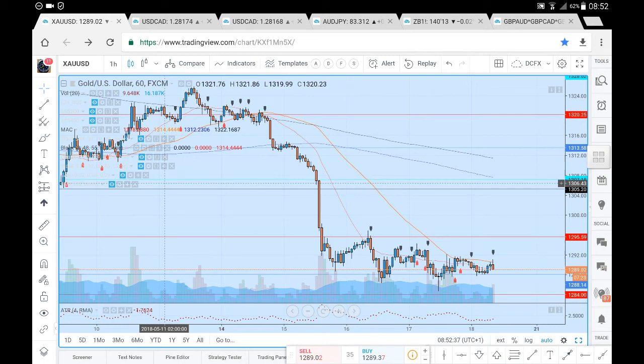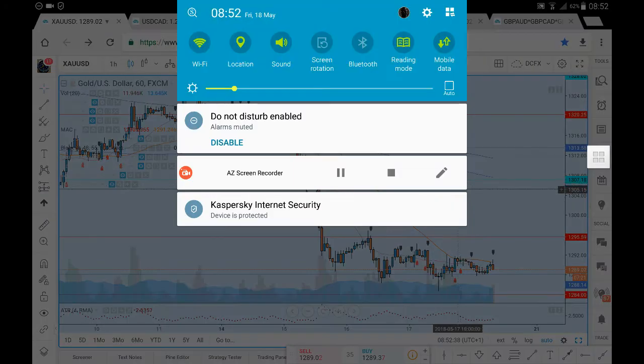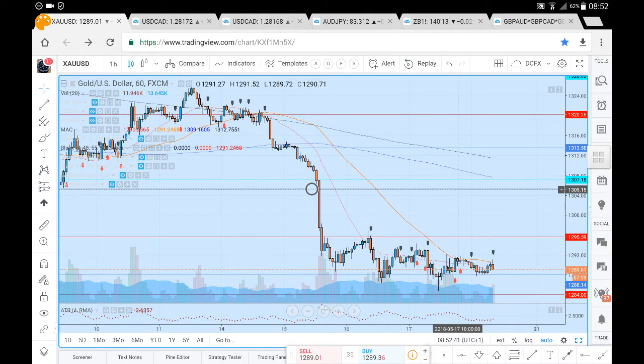So this is XAUUSD analysis for Friday the 18th of May. Now let's just have a look at prices and where prices may likely go. So we've had price come up towards resistance at 1296, and then had prices test the 1288, had